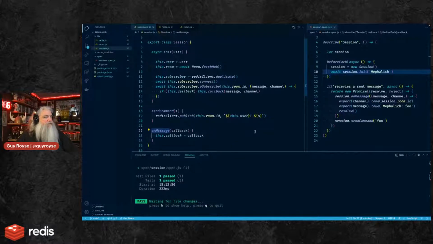Except it's push text up the pipe, and receive text down the pipe. I don't request data, data is pushed to me. So that's hence the on message. And so this session class here is intended to represent the user and the room they're in.